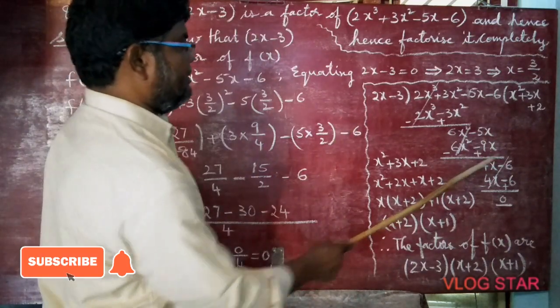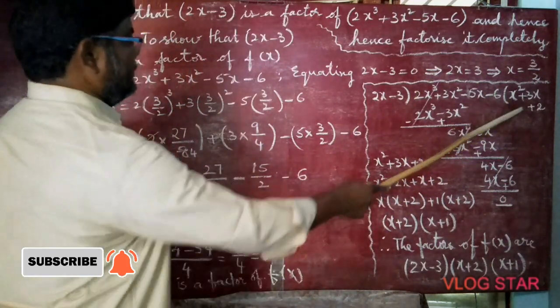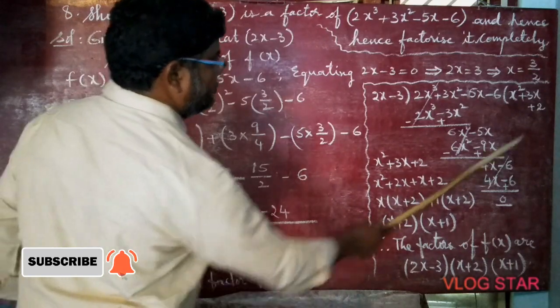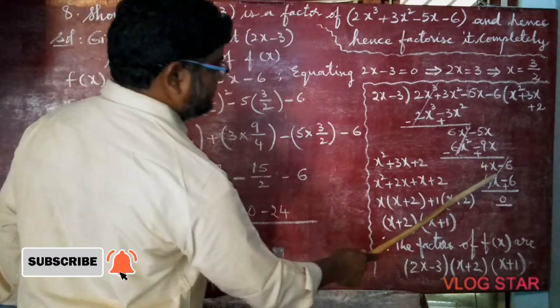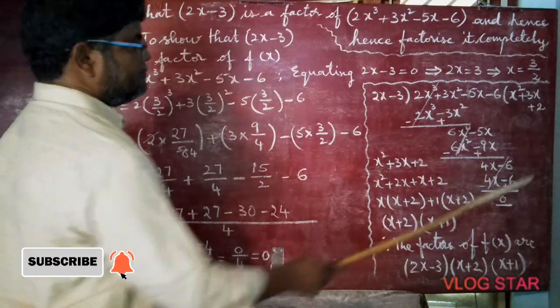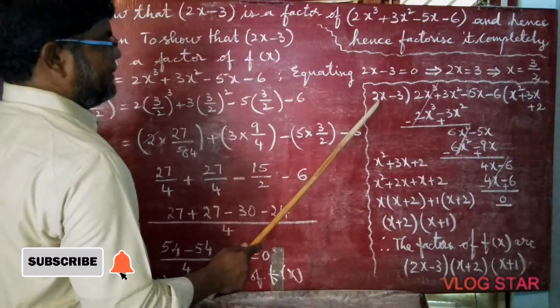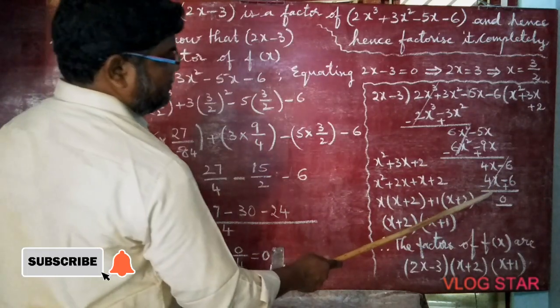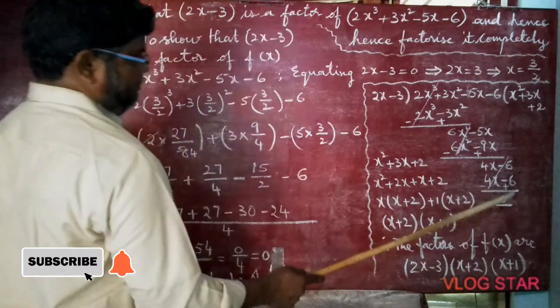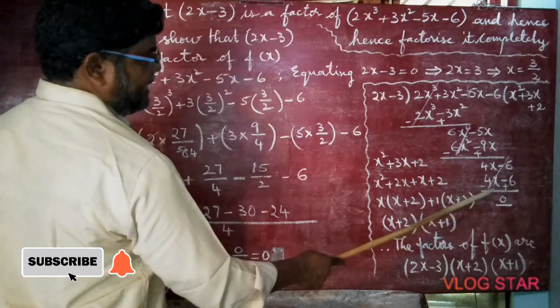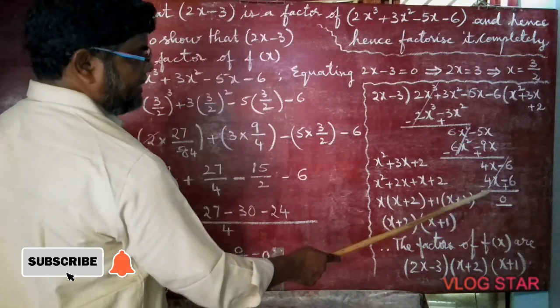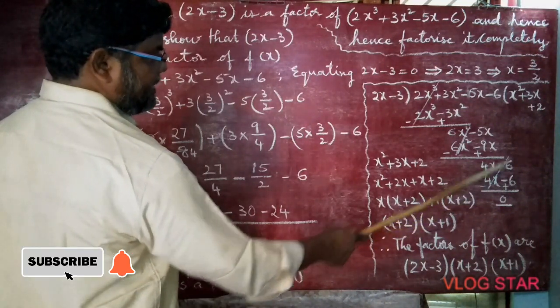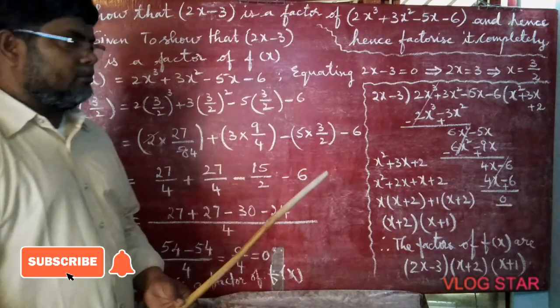Here plus is there, write that plus here. 2 goes in 4 two times. Here x, here also x, so no need for the variable. Now with this 2 you are multiplying: 2 into 2x − 3 gives 4x − 6. Now signs become opposite: plus becomes minus, minus becomes plus. They get cancelled, the remainder is equal to 0.